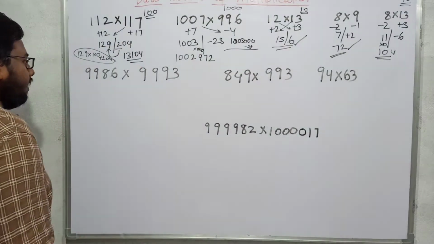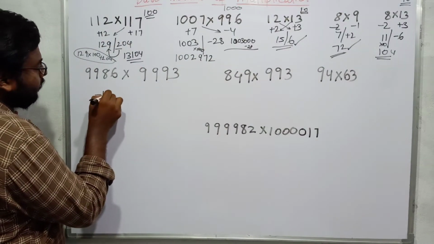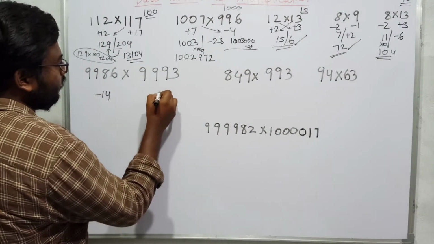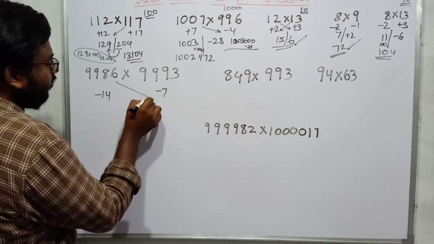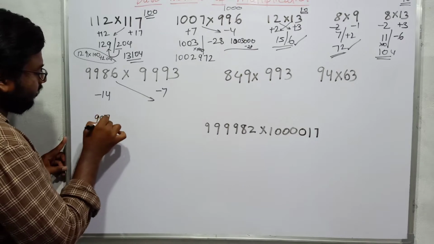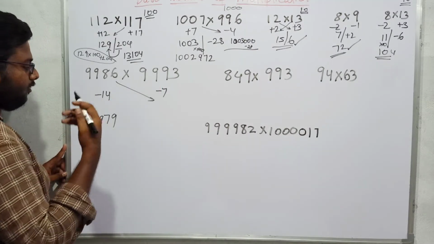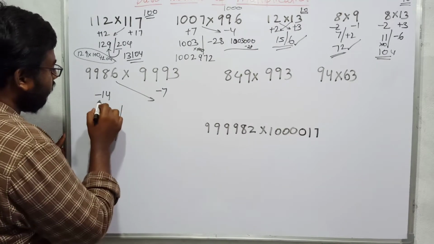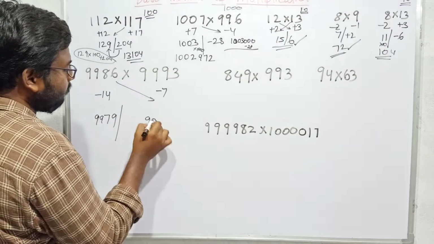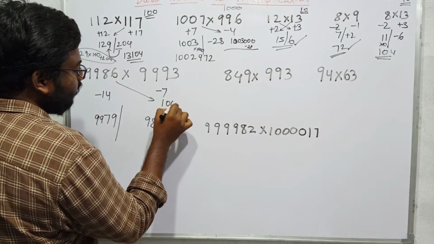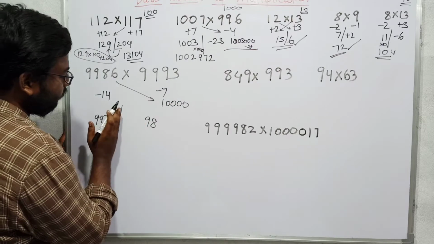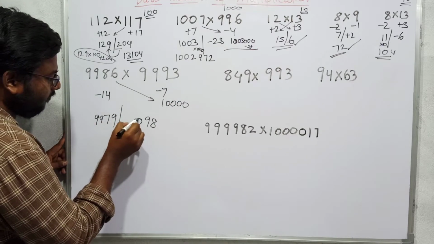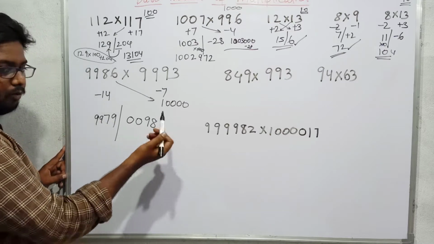If you want to calculate this, this is minus 14 far from 10,000. This is minus 7 far from 10,000. So if I operate on this, what will I get? 9979. If you operate on this also, you will get it like that only. Slash, 14 sevens are 98. But we are operating this on 10,000, that means 1 followed by 4 zeros, so you have to get 4 digits after the slash. So what I will do is keep 2 zeros to make it combined.